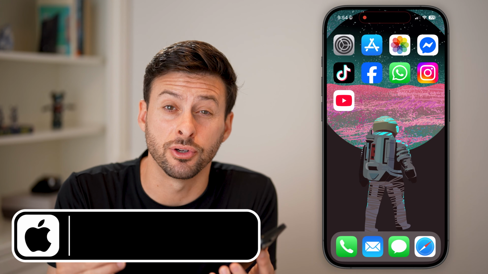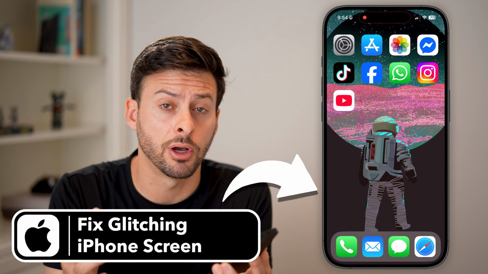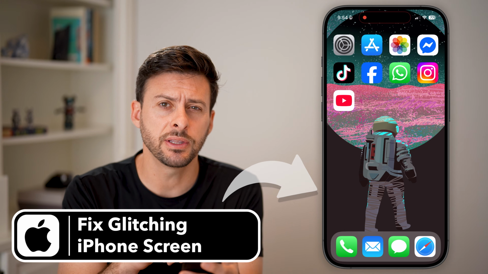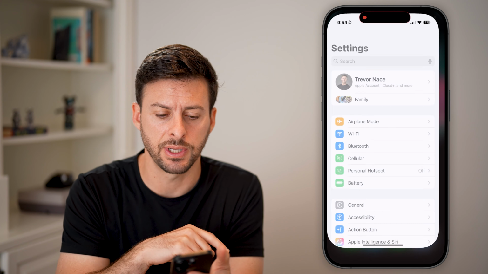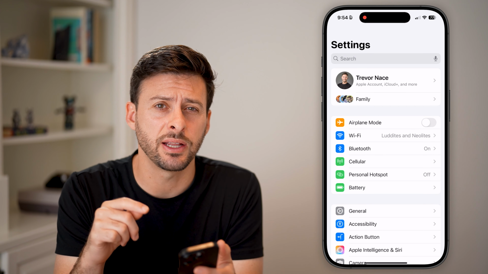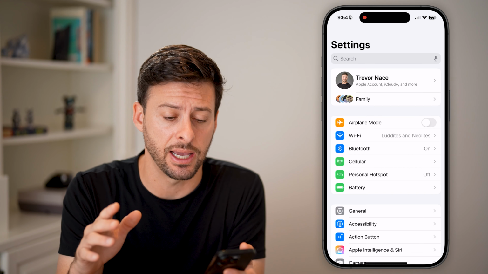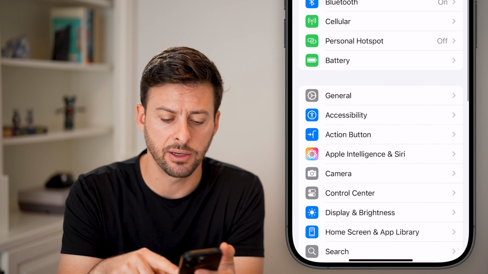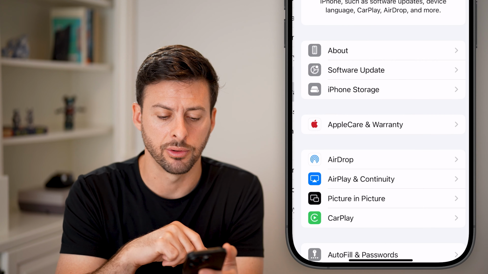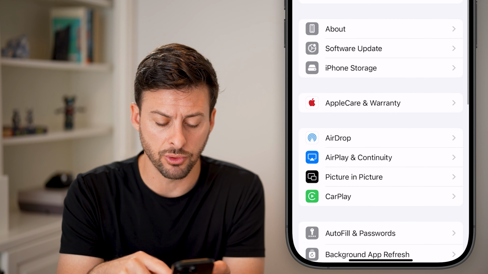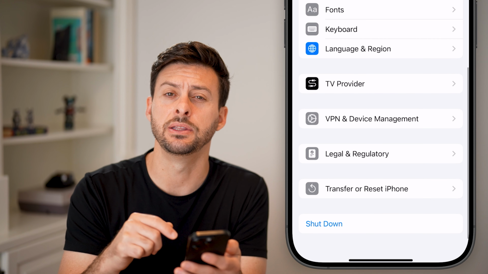Here's how to fix if your screen is glitching on your iPhone. Now, the first thing that we'll do is we'll head into your settings here. And from the settings on your iPhone, this works on any iPhone, we're going to scroll down a little bit and tap on General. And now from here, we'll scroll down to the very bottom and you'll see the shutdown